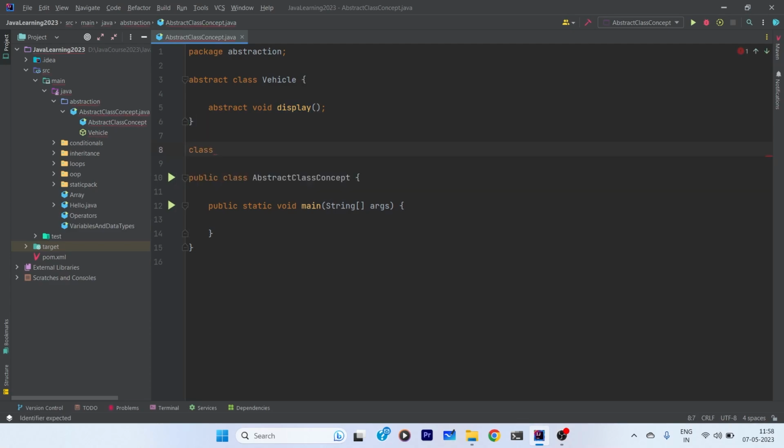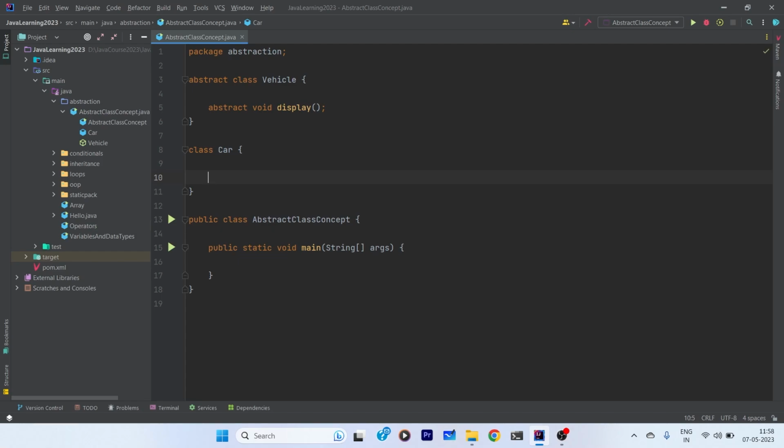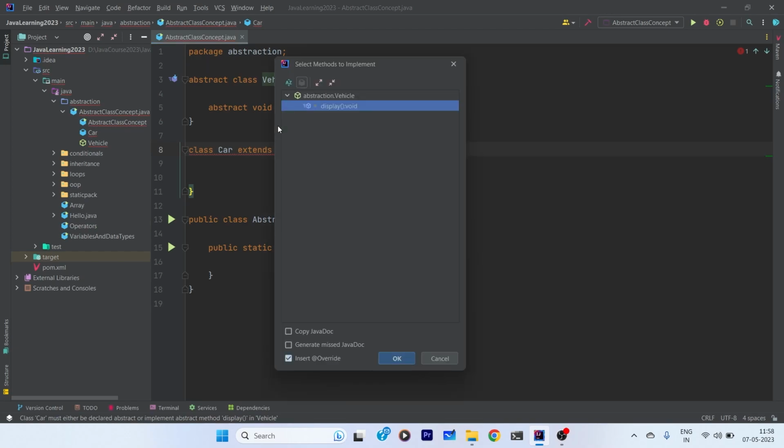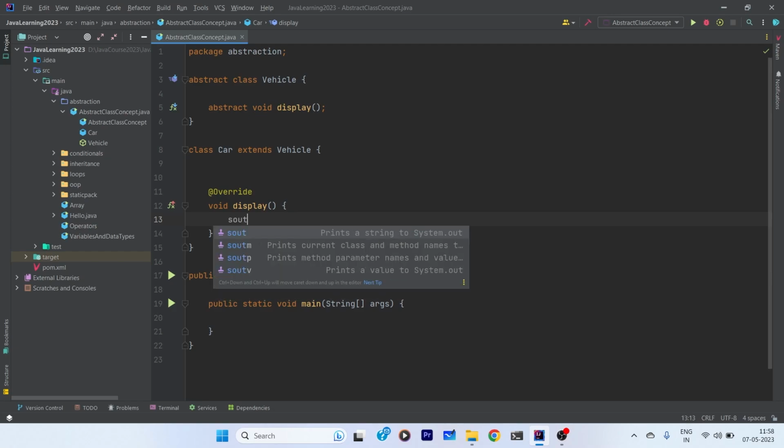So if we create a child class, say first we create a car, and this car will extend vehicle. Okay, now if you see that, we can implement this method, right? So we are implementing the method. Now we have to necessarily implement it, there is no choice with us. So I just write